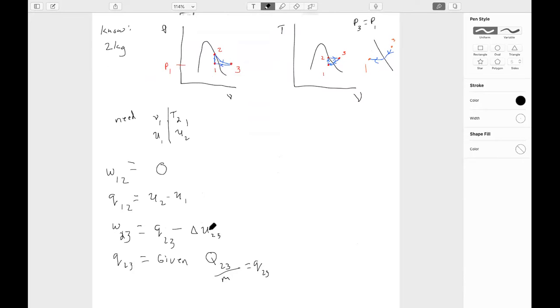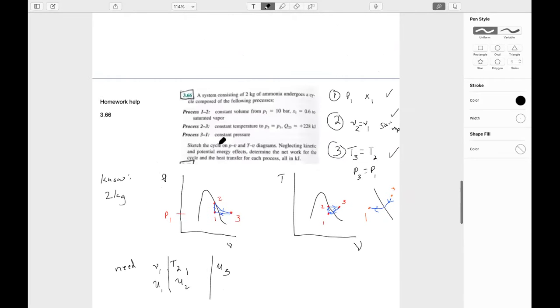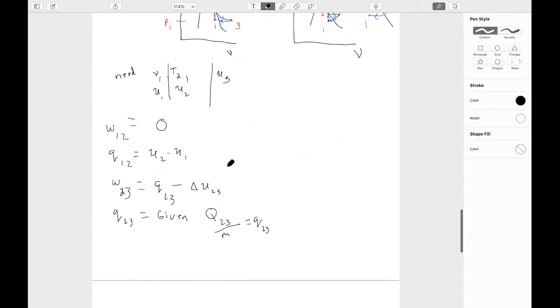So that means I need to look up, I've already listed U2, but I'm also going to need U3. And then that'll give me the work from 2 to 3. And now I need to go from 3 back to 1 at constant pressure. So I know the work from 3 to 1 and the heat from 3 to 1. Well, at constant pressure, I know the heat from 3 to 1 is,